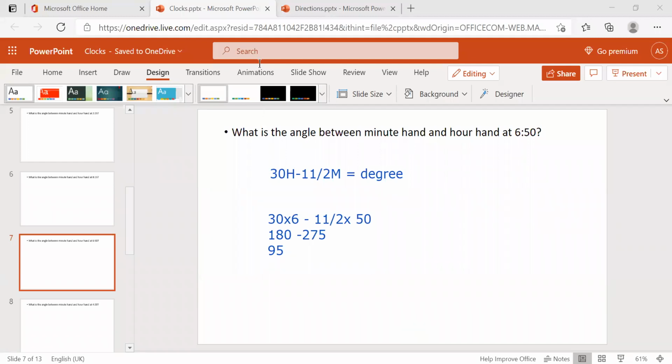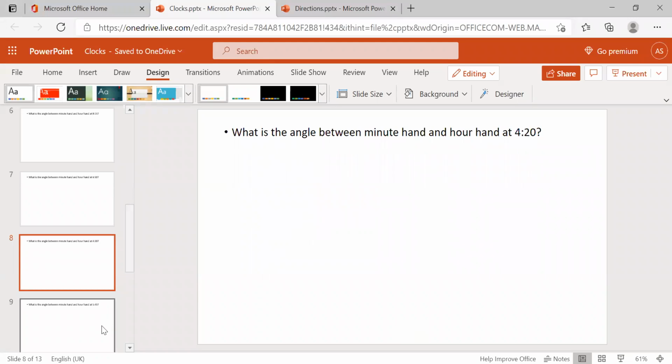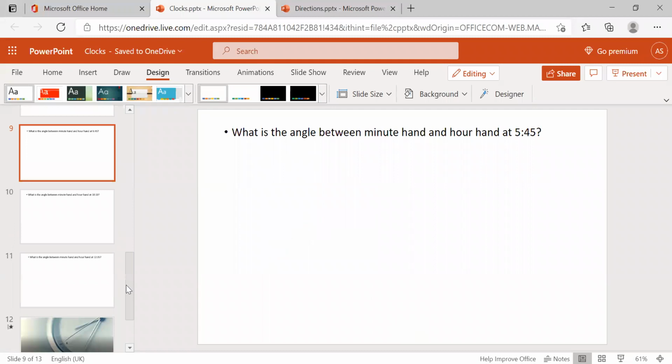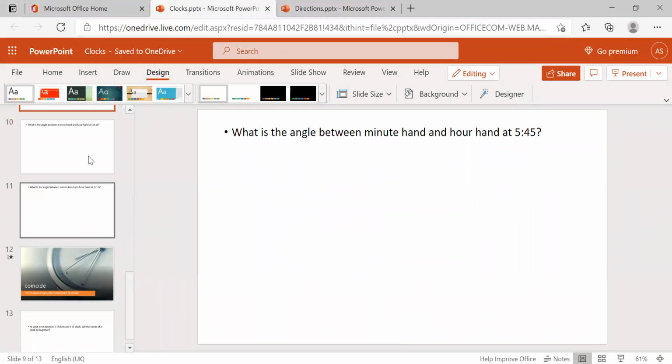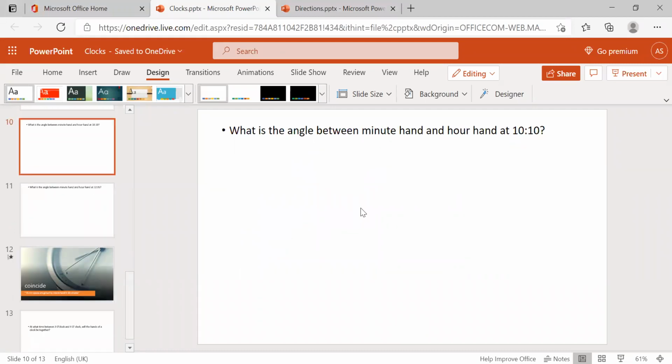Now we'll go for the next question, and now we'll check these things. It is also the same thing. No worries. Now check here. What is the angle between the minute hand and hour hand at exactly 10:10? Now we just do it with the traditional method. How are we going to do it in the traditional method? So this will be the clock, and the time shows 10:10.